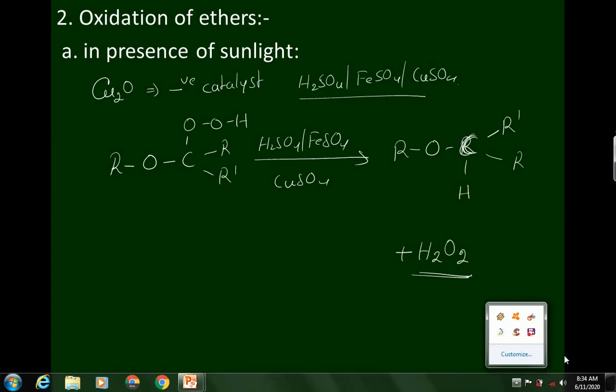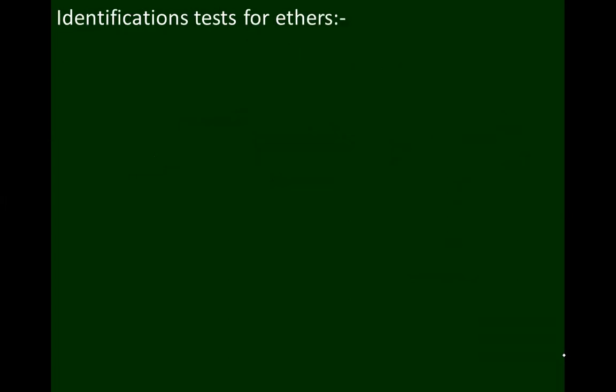Now the question arises: whether the ether peroxides, on being treated with sulfuric acid, ferrous sulfate or copper sulfate, are converted into ethers or not. We need to do a test. That test is called the identification test for ethers. There are two methods. Whenever the ether peroxide is treated with